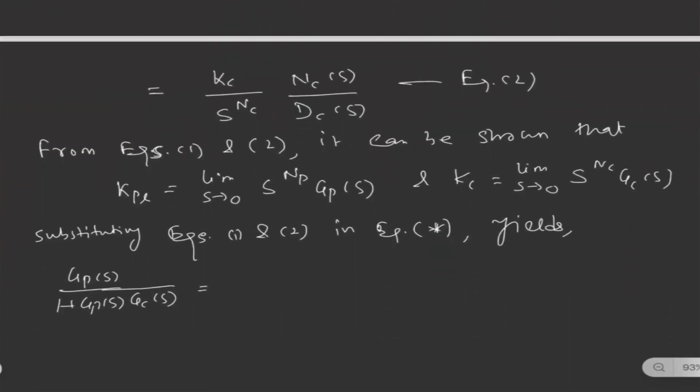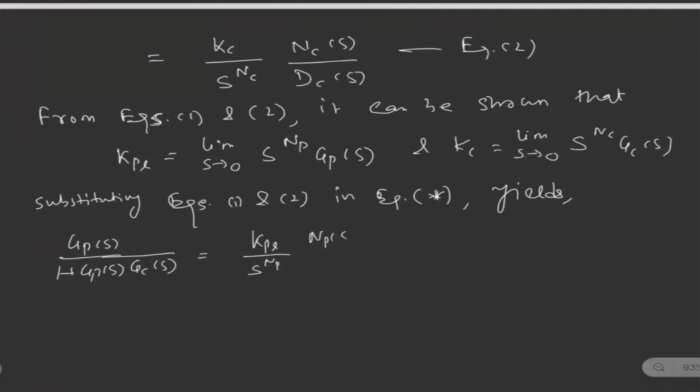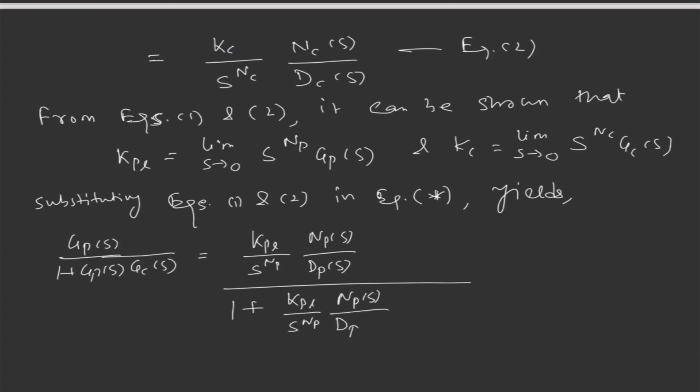K_PL N_P(s) divided by s^N_P D_P(s), 1 plus K_PL N_P(s) divided by s^N_P D_P(s), K_C N_C(s) divided by s^N_C D_C(s). And if you further simplify this expression, we can get